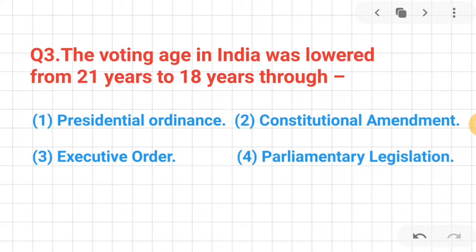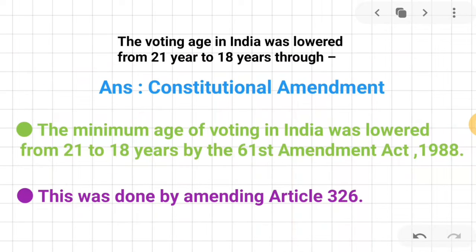Question number 3. The voting age in India was lowered from 21 years to 18 years through Presidential Ordinance, Constitutional Amendment, Parliamentary Legislation, or Executive Order. The correct answer is Constitutional Amendment. Yes, friends, remember that the minimum age of voting in India was lowered from 21 to 18 years